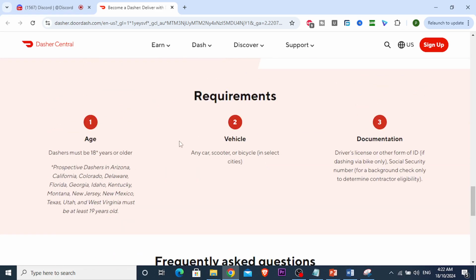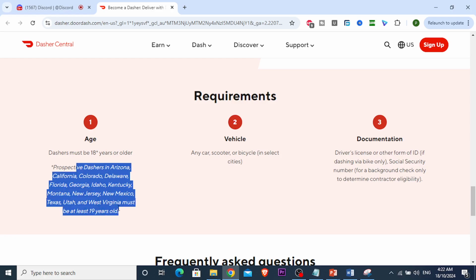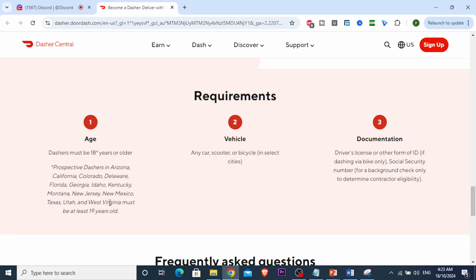So you need to be over 18 years old, okay? And these are the ones where you need to be 19, these states. And here, you need to have a vehicle, okay? In select cities, it'll allow you to have bicycles, but usually you need to at least have a car, scooter,